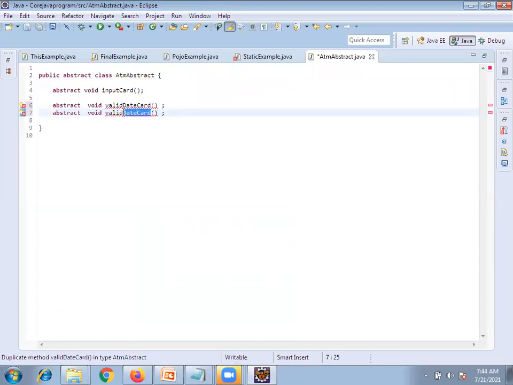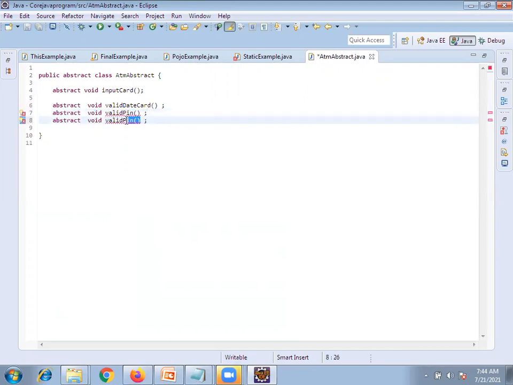Valid PIN. After that, what will happen? After valid PIN, valid amount. After amount, withdraw amount, right? Balance. Withdraw amount. Next, balance check.